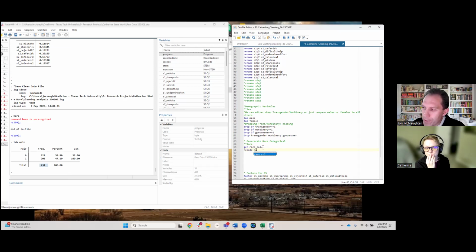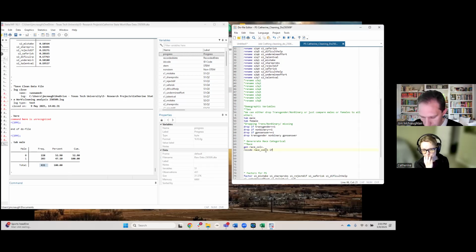And you'll notice I put a period, because that means right now there are no observations in this. It just has everything missing. Period is missing in Stata and it won't count it. So I'm going to recode race collapsed equals